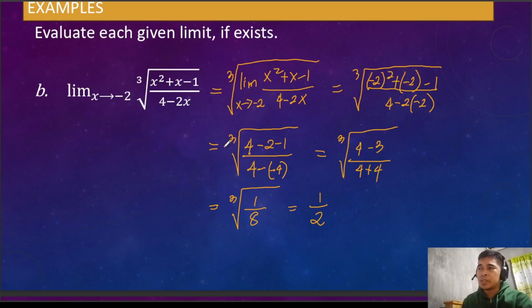Sir, why is it? You just substitute directly. Be familiarized with the theorem. When it is a variable, automatically substitute the value of a. That's why we have negative 2 here. Then why is it still negative 1? Because in theorem 1.2.1, number 2, when it is a constant, it stays as is. Okay? Then go on with the process until you arrive at the final answer, that is the limit, which is 1/2